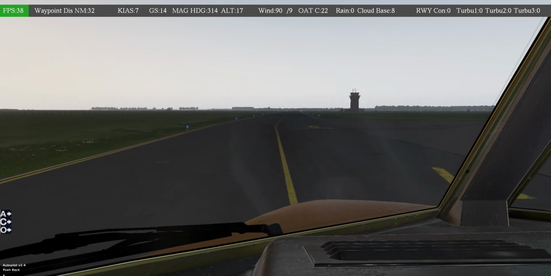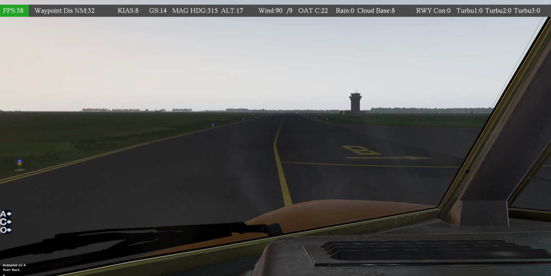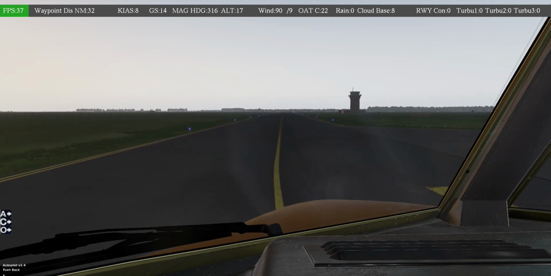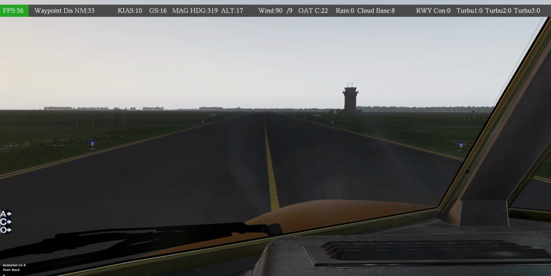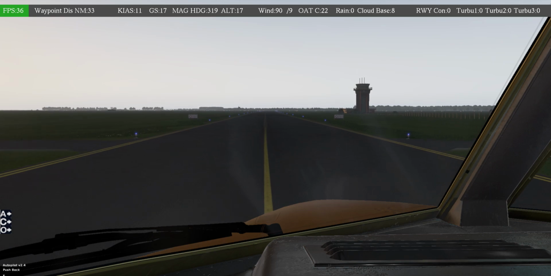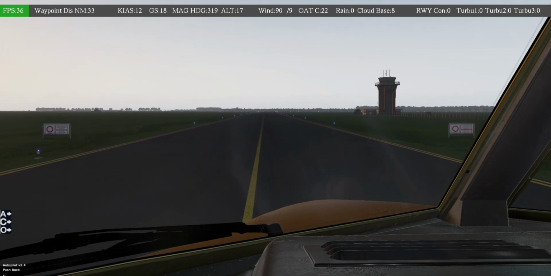It's just that I also have the texture resolution set down, so it's less crisp, because I have limited VRAM available on the graphics card. It's not a high-end system, even though it can run fairly nicely on the CPU. It is the GPU that is actually the main bottleneck here